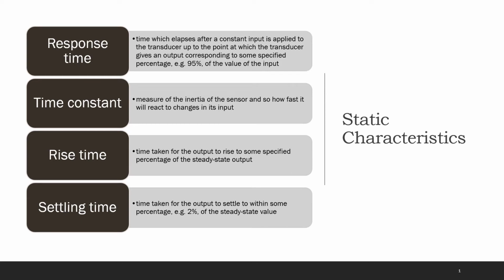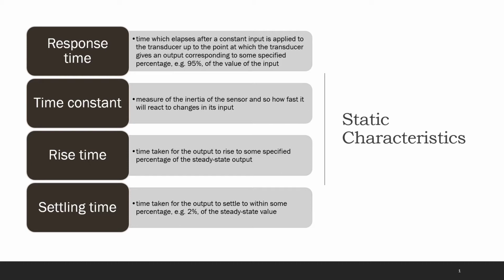Now we will learn about the characteristics used to define the performance of transducers. Basically, the output from a transducer could be static or dynamic, which means that it will be stable or fluctuating. Based on this, the characteristics are divided into static characteristics as well as dynamic characteristics. We will deal with the dynamic part in the later modules, and now we will concentrate on the static characteristics.